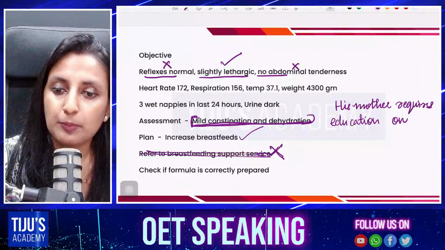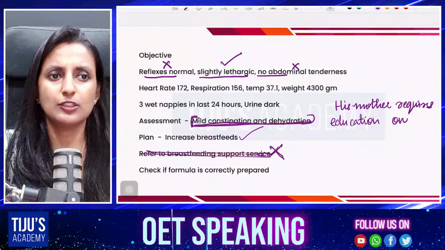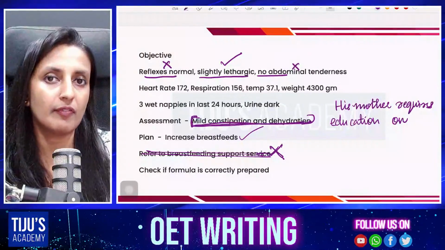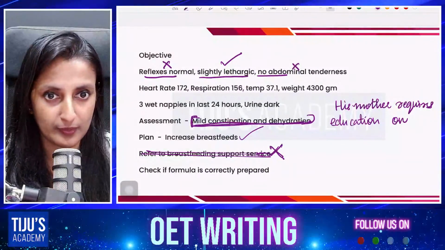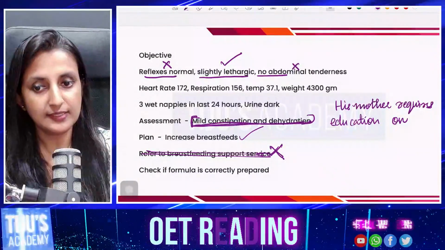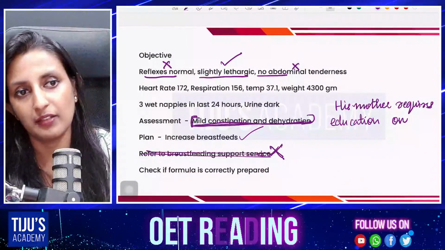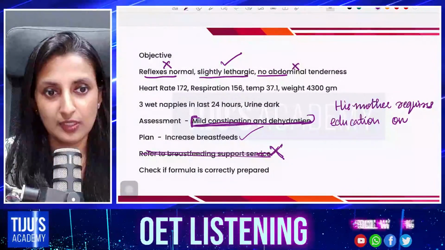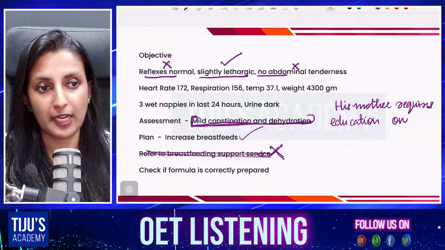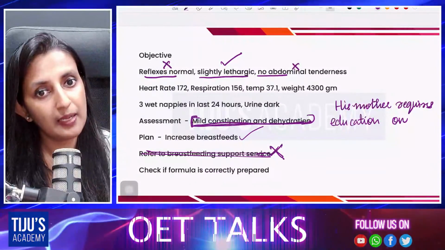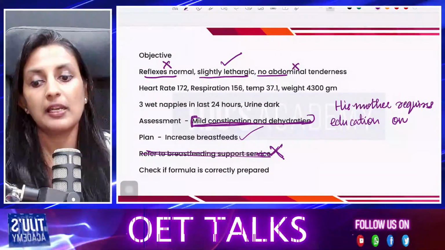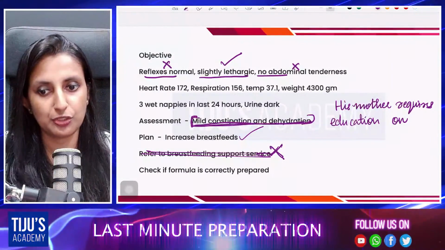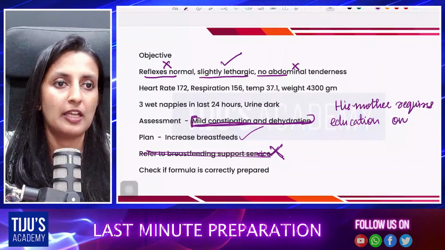And his mother, Mrs. Twinkle Freddy. It is not mandatory to write the name of the mother over there, because the name Twinkle Freddy doesn't have relevance there. Here, what matters is that Twinkle Freddy is the mother of Ethan Freddy. So that matters. I hope it is clear. So when we state the purpose, we need education on breastfeeding, and education on formula feed preparation. Breastfeeding and preparation of formula feed. Education on breastfeeding techniques and preparation of formula feed.